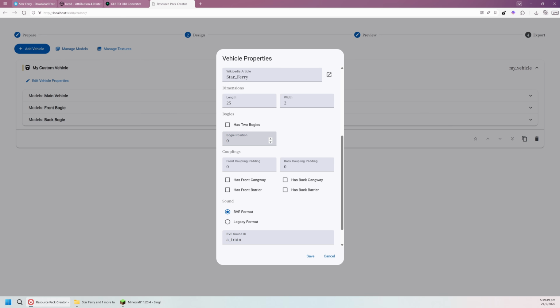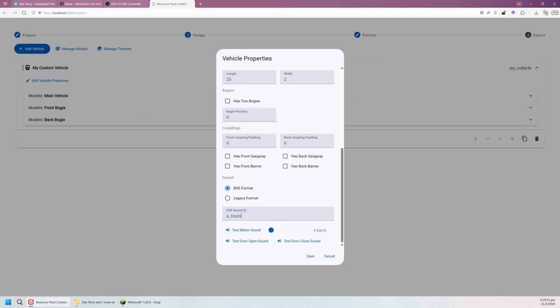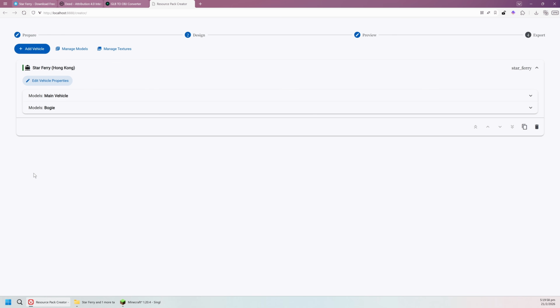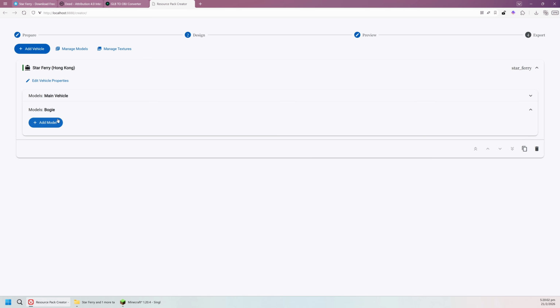So a bogey position, I'll put that as 0. For the sound, I don't have any sounds right now, so I'm just going to leave that blank and click on save. Okay, so since we have no bogies, we can ignore this part with the bogey models and just work on